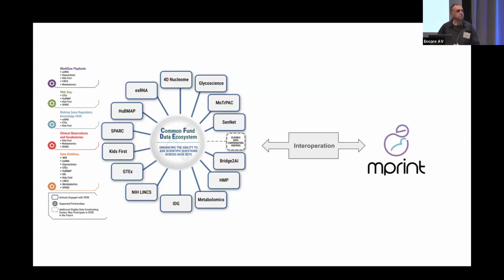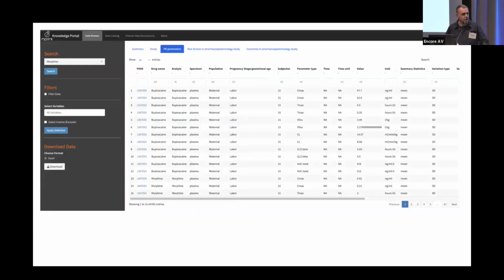So this is the basic premise. Might be at this stage overambitious, but it is important to be able to explore what are the possibilities. One low-hanging fruit that I'm observing is that, of course, your knowledge base is ripe for interoperability. You have semantic classes that are representing PK parameters, tissue specimens, drugs, of course. And it would be interesting to see whether we can obtain bindings from uniform resource identifiers within the knowledge base and embed it within the knowledge environment for the CFDE.